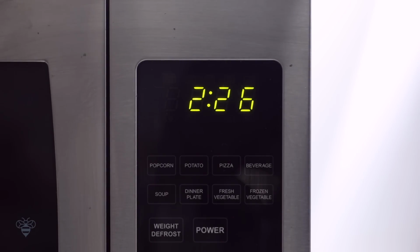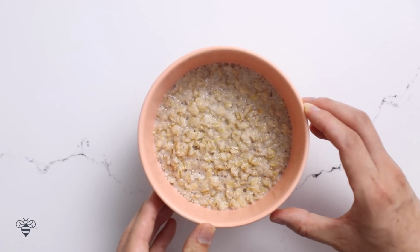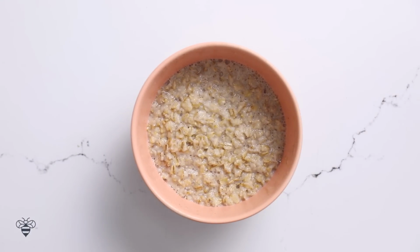Make sure that the bowl you're using is deep enough, because when you microwave, it tends to rise and spill over, and you don't want an explosion that you'll have to clean up. Good job, Chef. The liquid has fully absorbed into the oatmeal, so we're going to go ahead and work on our